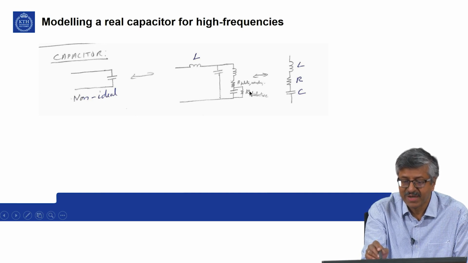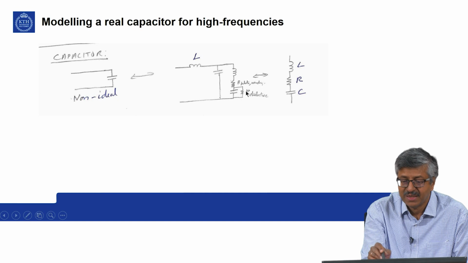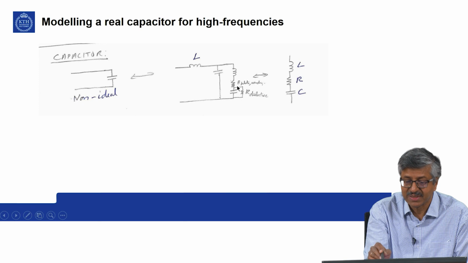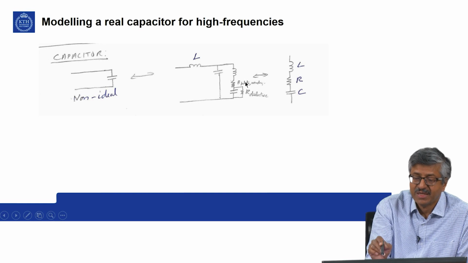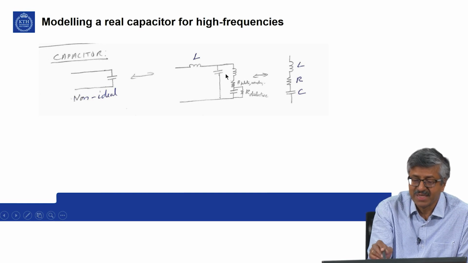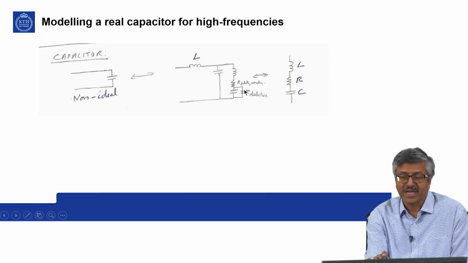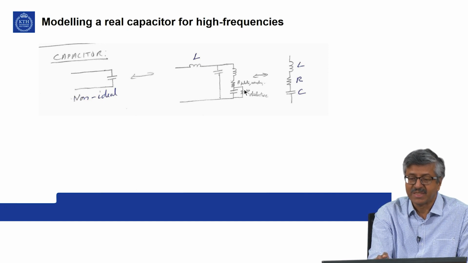Similarly internally also you can have an inductance and the dielectric resistance of the capacitor across C, but that also is quite high. So, that also can be neglected. You can neglect some things in this because usually these capacitances have high values. Finally, this capacitance can also be neglected or absorbed, because you are looking at a capacitance value which is generally high compared to the lead capacitance. So, you get